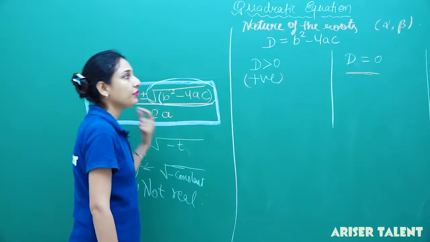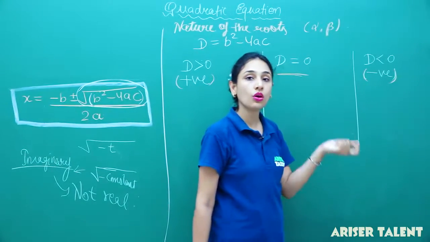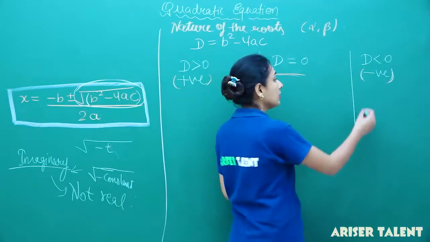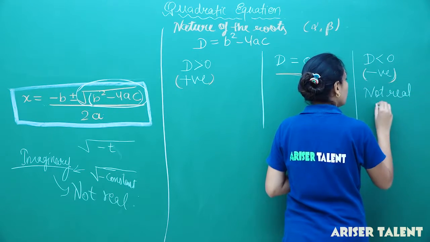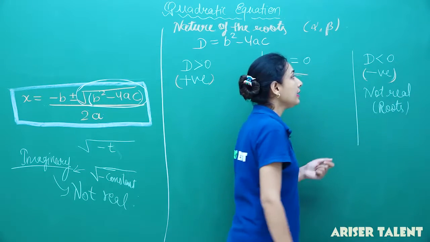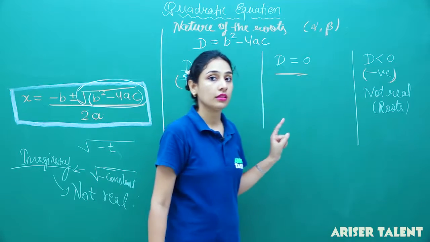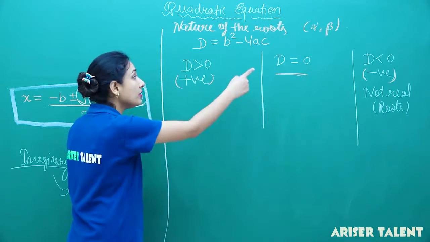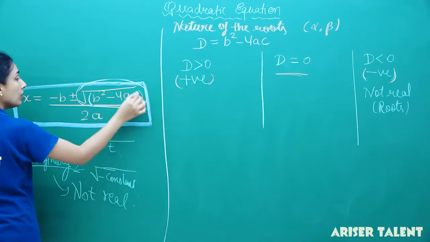So students, if d is less than 0, that means the roots of this particular equation are not real. I am talking about roots here. The roots of this quadratic equation are not real. Okay, done with this? Now, if this equals 0, then